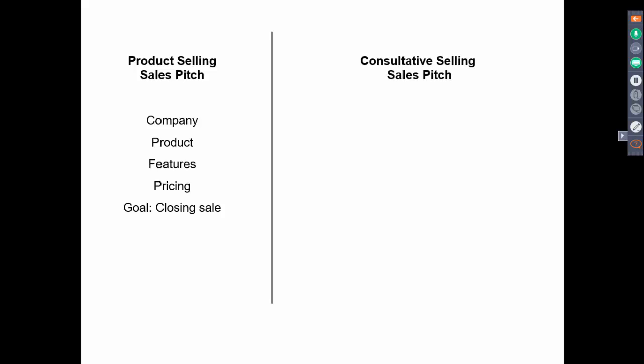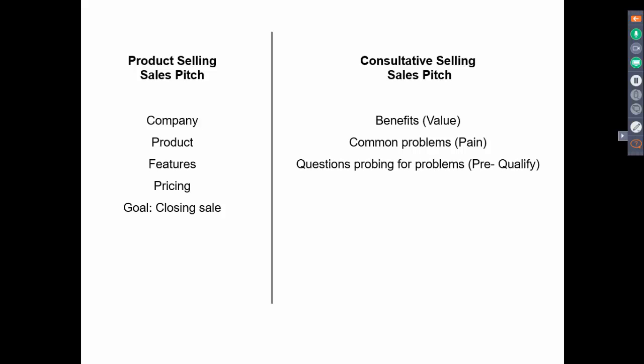Now, what we want you to do is have more of a consultative approach. So instead of focusing on the product, you focus on how the product helps. You focus on the problems your product helps to resolve. We want you asking good questions. So good questions that you should ask are questions to see if the prospect has the problems that you help to fix. I think that the question of what keeps you up at night is too broad. It's not a good question.